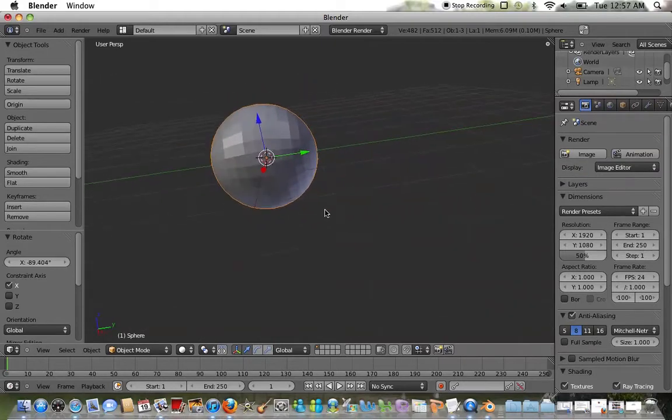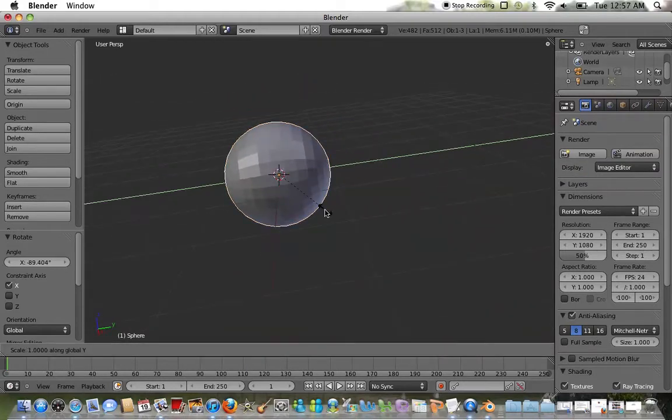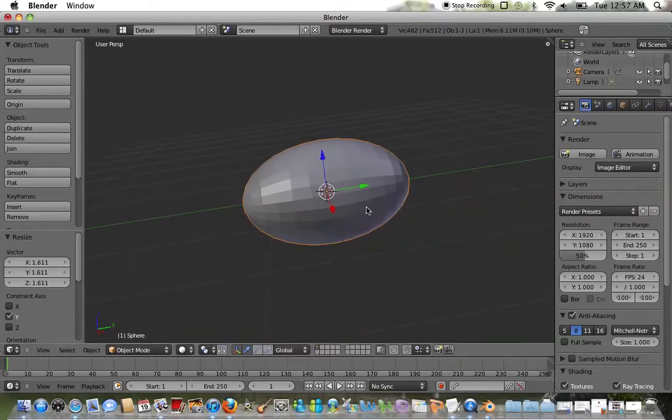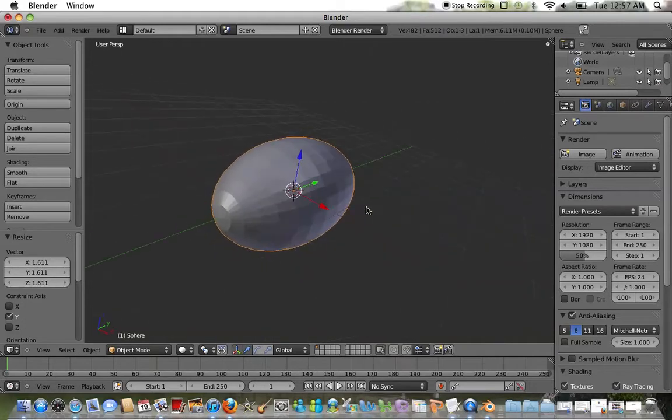Alright, next I'm going to scale it along the y-axis, and this is going to create somewhat of an oval feature. And to make this more realistic like a football,